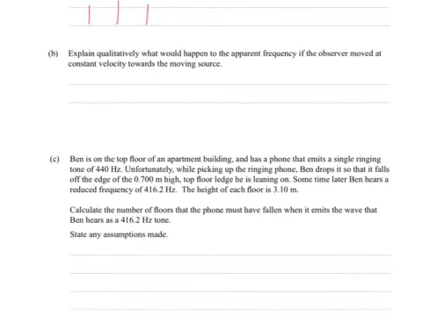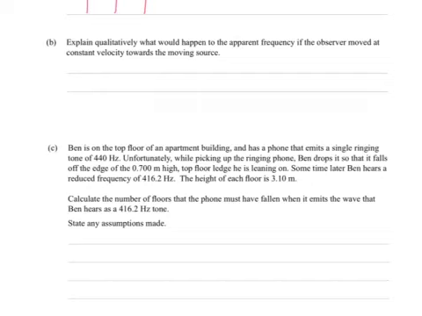Part B, explain qualitatively. So we don't have to do calculations, because that would be quantitatively, quantity being a number or a fixed amount. Qualitatively, what would happen to the apparent frequency if the observer moved at a constant velocity towards the moving sound? So this time it's the observer who is moving, and you've still got the same moving source, so exactly the same as A, but this time the observer's moving closer. So what would happen if we're talking in terms of relative velocity? Okay, so the relative velocity is higher,